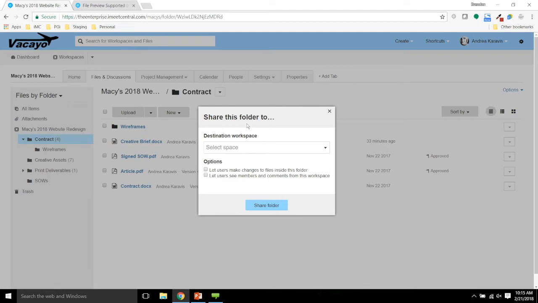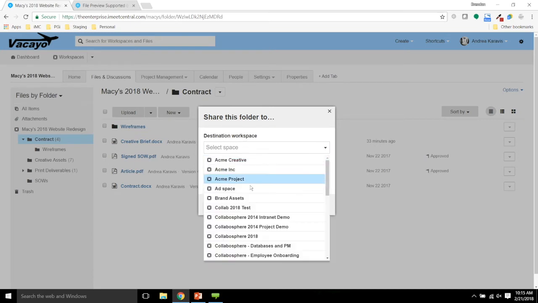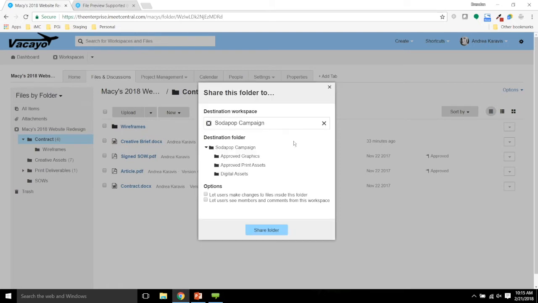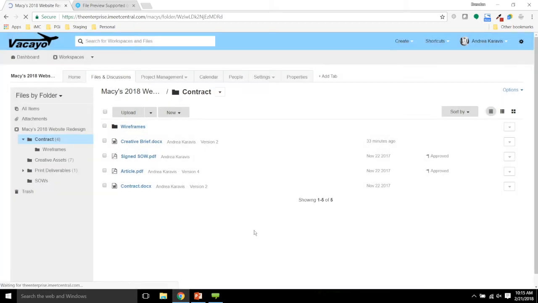I can select another workspace in iMeet Central. So for example, let's go and share this into Soda Pop campaign, which is going to be right down here. And I want to nest this shared contract folder underneath the parent folder. I can indicate whether or not I want users to make changes to files inside the folder from the shared workspace, as well as see comments from the originating workspace. So I'll click on Share Folder,